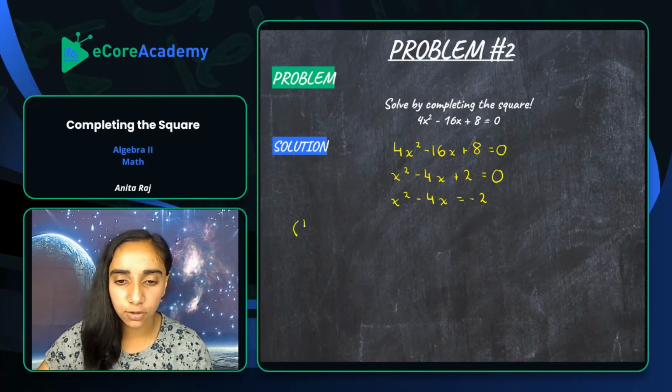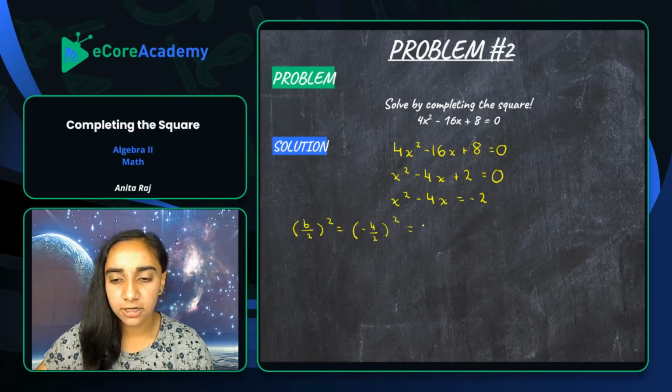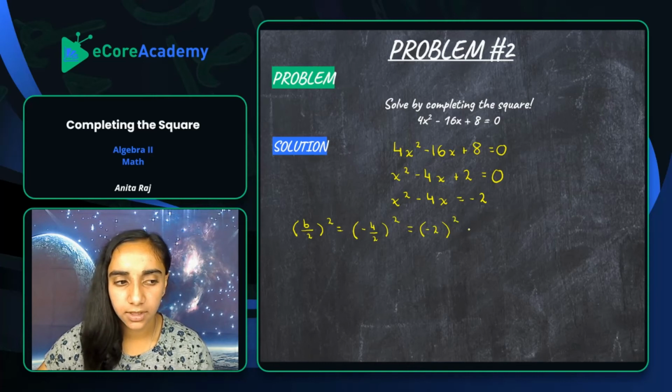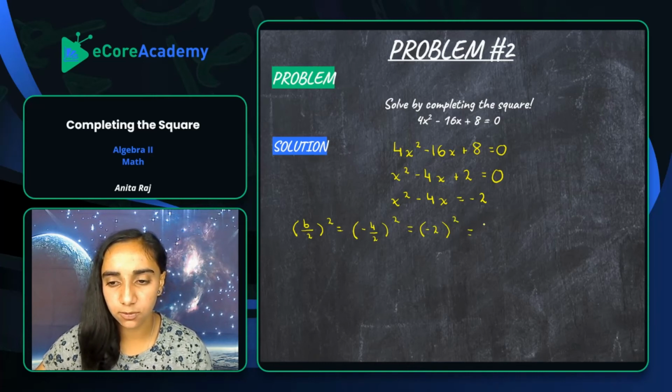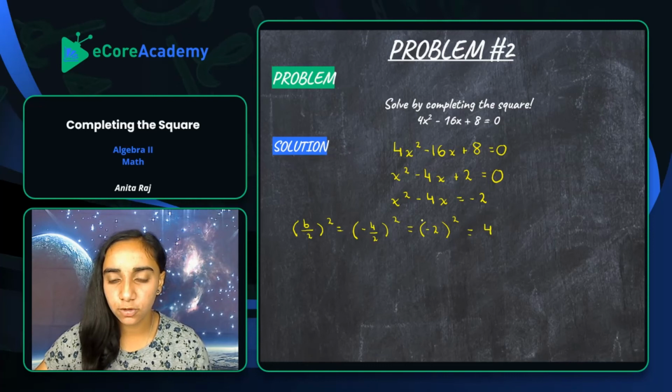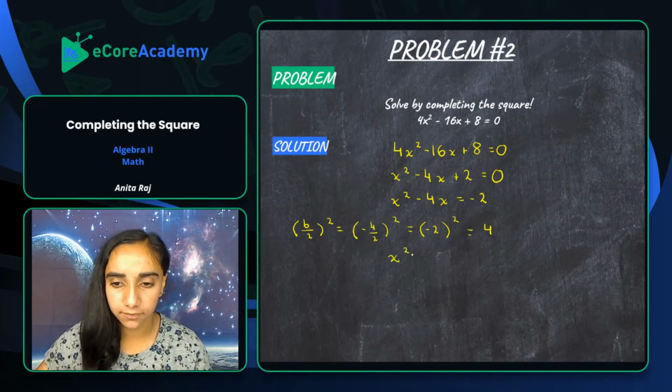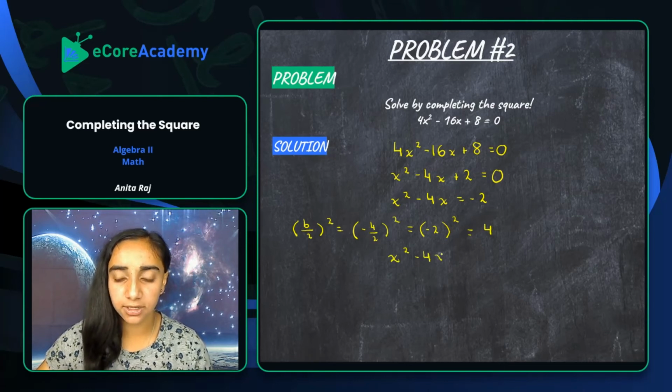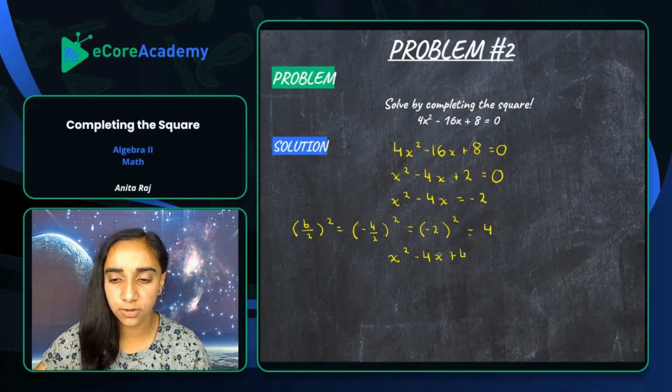So b over 2 squared is equal to, b in this case is negative 4. So we're going to have negative 4 over 2 squared. Negative 4 divided by 2 is negative 2. Don't forget that negative. It is important. And then negative 2 squared is equal to 4. So what we're going to do with this 4 is add it to both sides of this equation. So we're going to get x squared minus 4x, and we're going to add 4